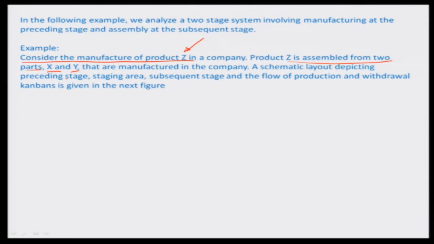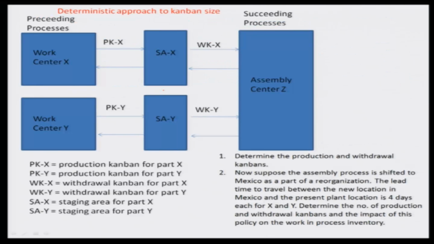Okay. And a schematic layout depicting the preceding stage, the staging area, the subsequent stage, and the flow of the production and withdrawal Kanbans is given in this particular figure here. Okay. So, you can see that there are 3 work centers principally involved in this process: the work center for the production of the part X, the work center for the production of the part Y, and they are subassembled into a subassembly center Z, which comprises the subassembly of X and Y, and there is a stocking area separately